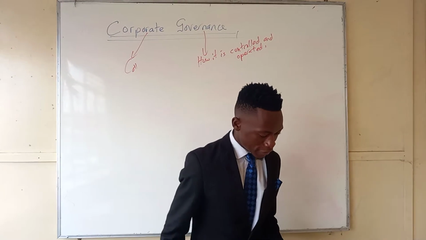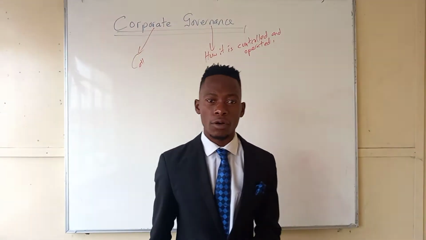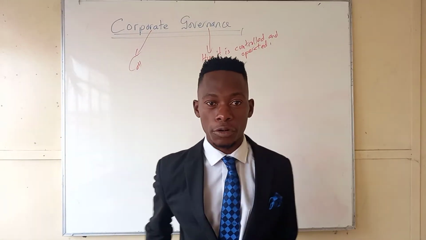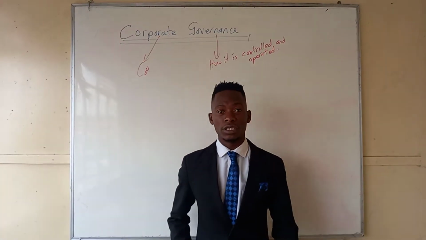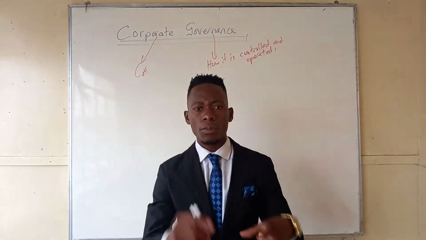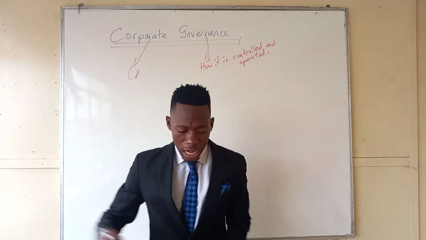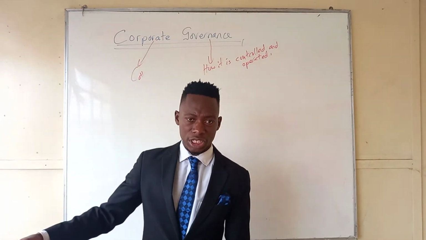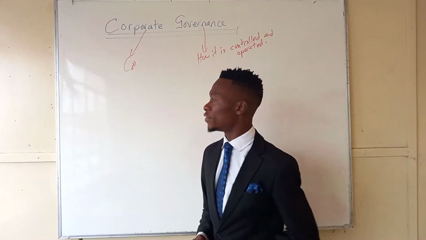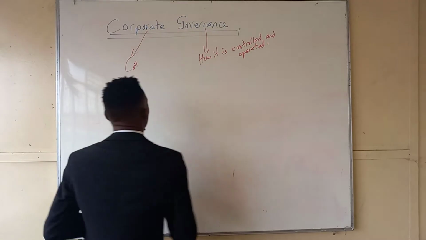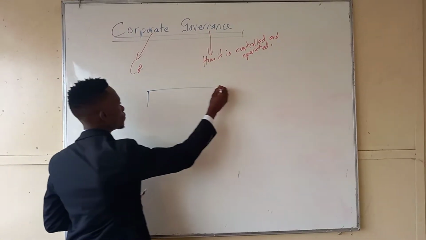So, corporate governance is the system by which companies are operated, controlled, directed, managed, ruled, governed. You get it? So that's corporate governance. How is it controlled? How is it managed? How is it governed? That's corporate governance, right? So corporate governance now,